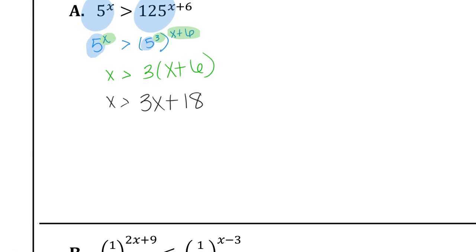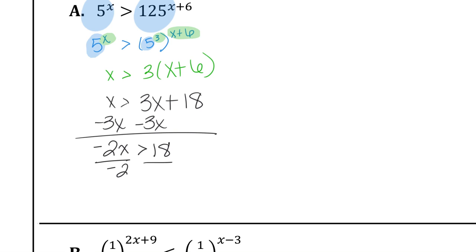I'm going to solve for x just like I would any multi-step equation, but I want to be careful in case I have to do any multiplication or division that involves a negative value. I want to be cognizant of my inequality. So I'm going to subtract 3x from both sides. It gives me a negative 2x is greater than 18. I'm going to divide by negative 2. And right here,